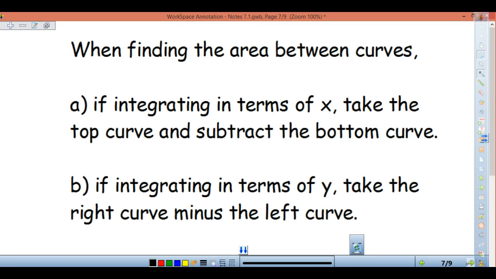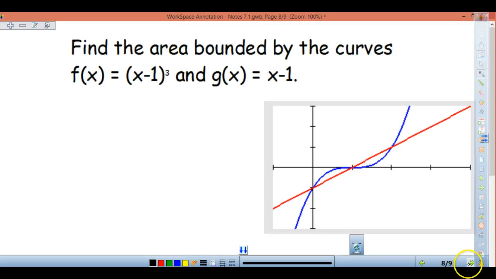Okay, so in general, just to summarize, when we're finding the area between two curves, if we're integrating in terms of x, we take the top curve and subtract the bottom curve. If we're integrating in terms of y, we want to take right curve minus left curve. So if we find the area bounded by the curves f of x equals (x minus 1) cubed, and g of x equals x minus 1. So the cubic here is graphed in blue, and the line is in red. So if we want to find that area,